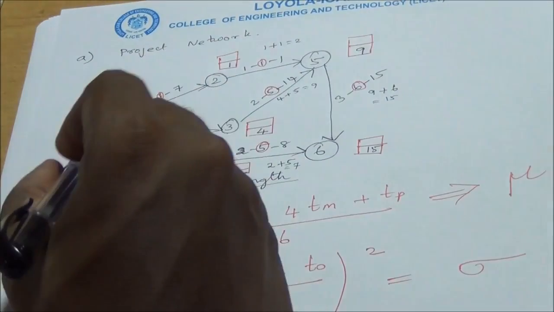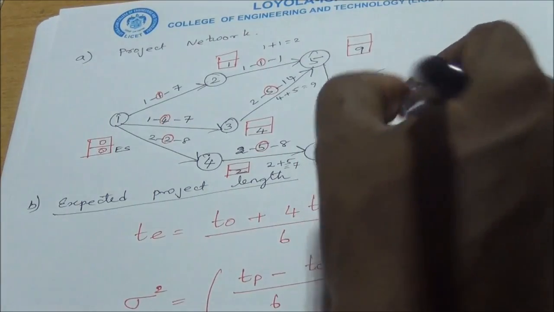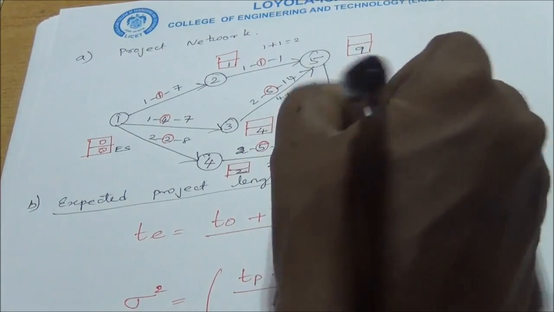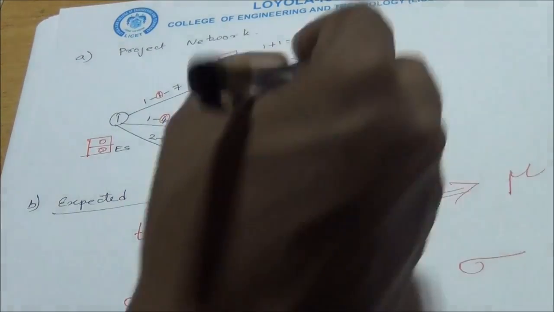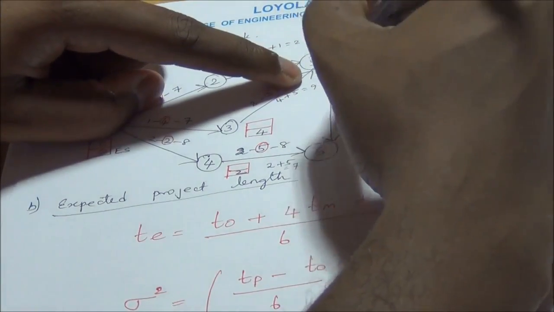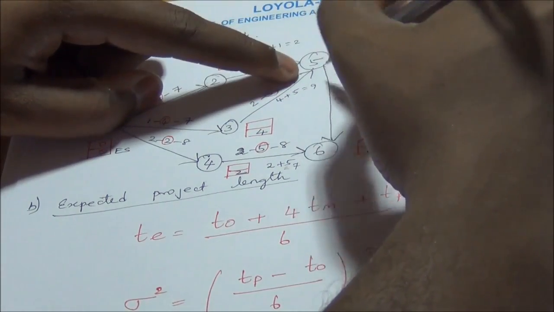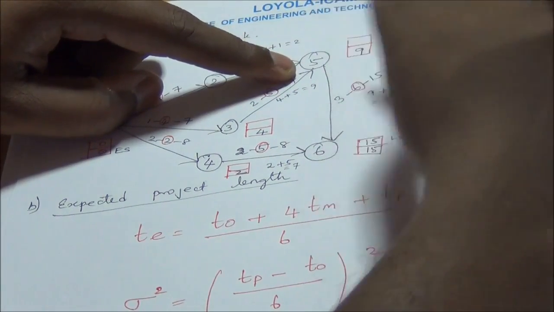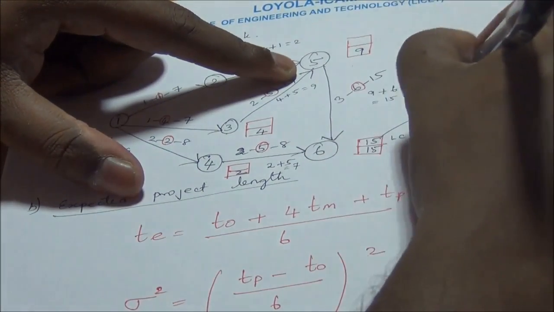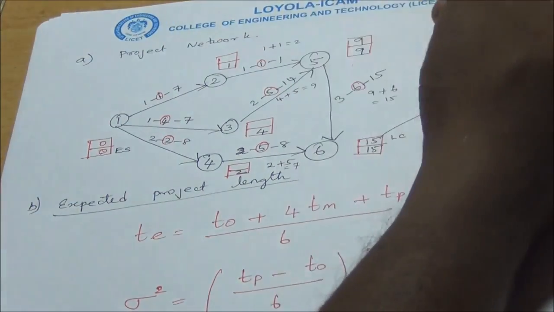So it is easy to calculate the earliest starting time, and the next step is to calculate the latest completion time. The last node will be the same as the earliest completion time, which is 15. Next we go for 5. We have to calculate the number of outgoing arrows from 5. The number of outgoing arrows for 5 is only 1, to 6. So we have to calculate 15 minus 6. 15 minus 6 is 9, so we put 9.